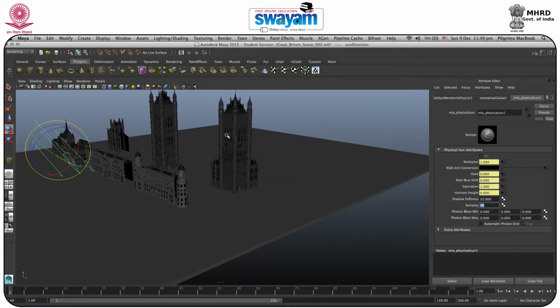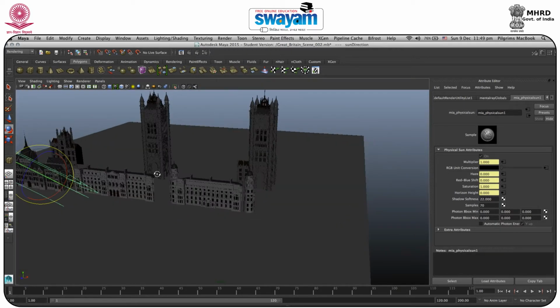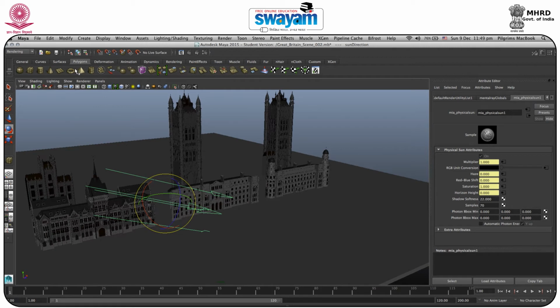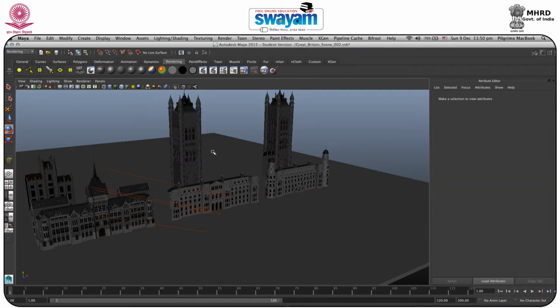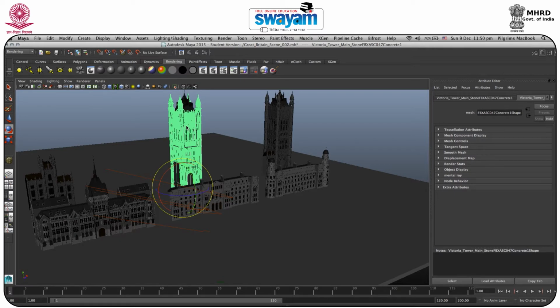One more thing, if you want to add extra lights with it, you can do it by going to rendering, and you have the other lights. As you know, just click on the light and it forms a new light, and you can just use it. And also make sure that whenever you're working in a file, you should at least apply some texture so that it will look quite well. And also